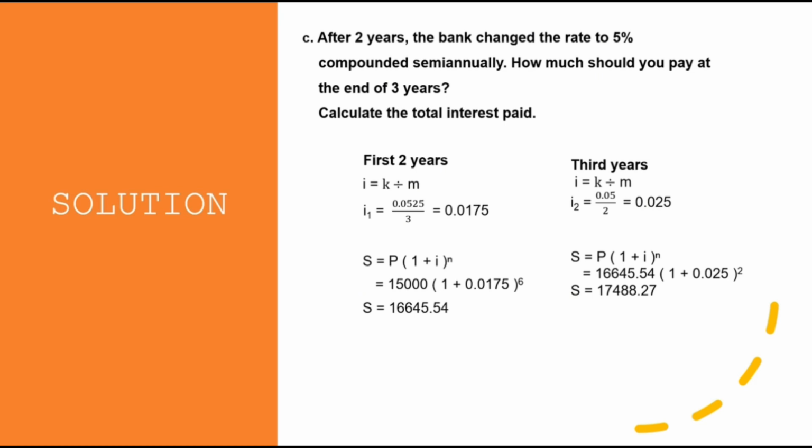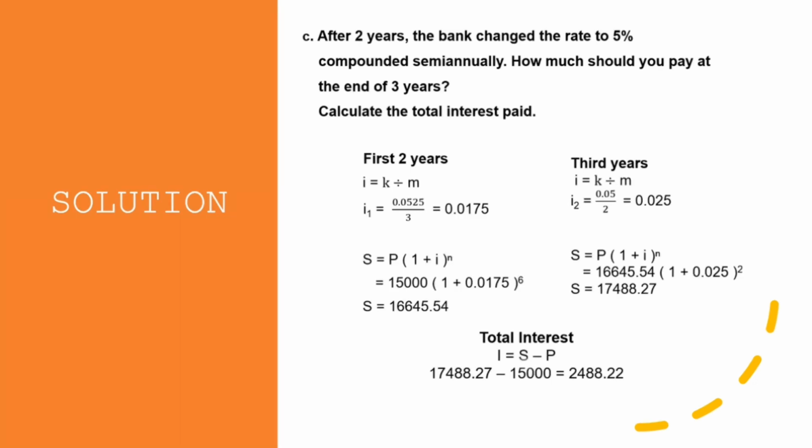So, the total of I is 0.0175. For the 3rd year, the total of I is 0.025. And then, calculate the future value for both periods. For the first 2 years, S equals 16,645.54. For the 3rd year, S equals 17,488.27. After that, calculate the total interest where I equals